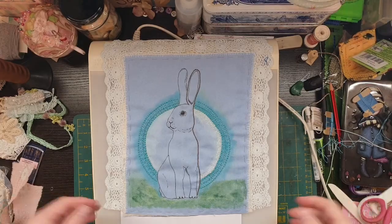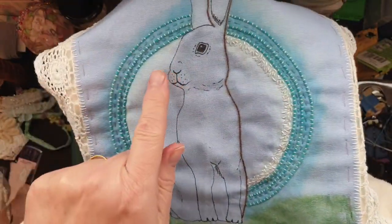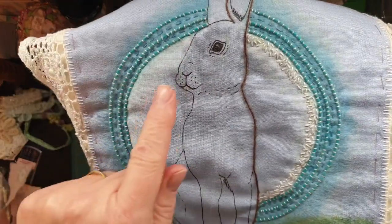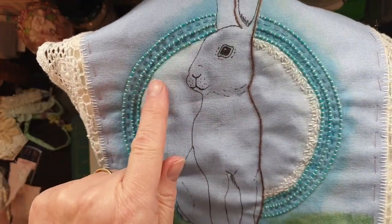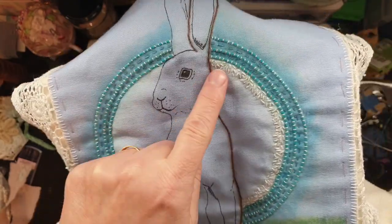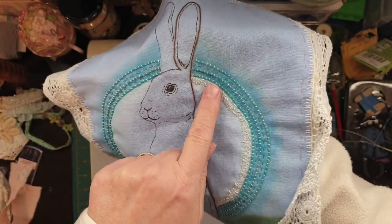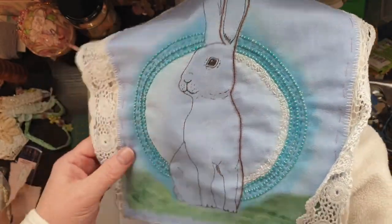I am back. I have finished doing stitching around there, so that's one layer of the couching and then a running stitch, and a layer of couching and a running stitch. And then I started doing some seed stitch along here. So what I'll do,